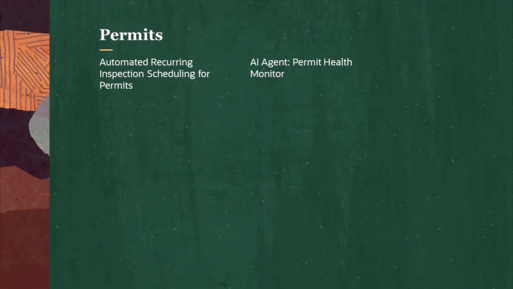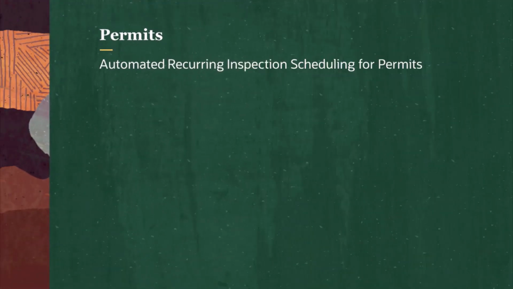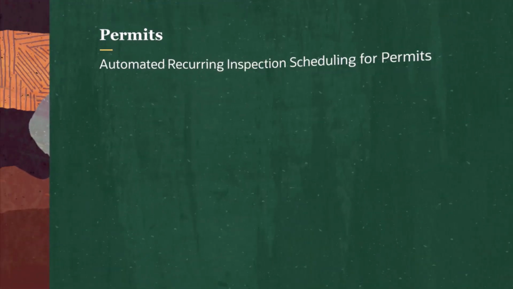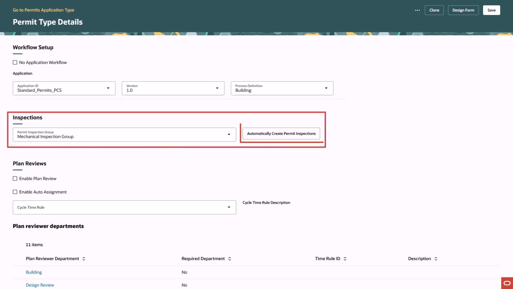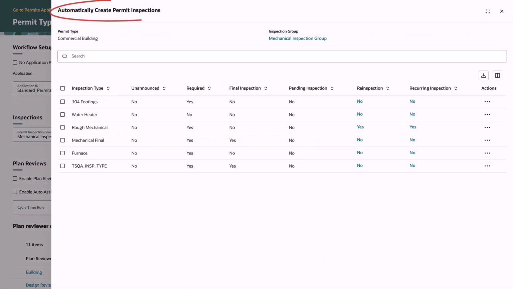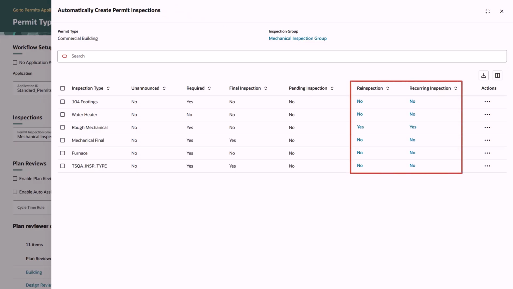Permits features include automated recurring inspection scheduling for permits, AI Agent Permit Health Monitor. New automation supports recurring inspections and re-inspections to reduce manual scheduling. Agencies set up the permit type and a business rules framework action to automate inspection creation. Each inspection type in the selected inspection group can be configured for pending inspections, re-inspections, recurring inspections, or a combination